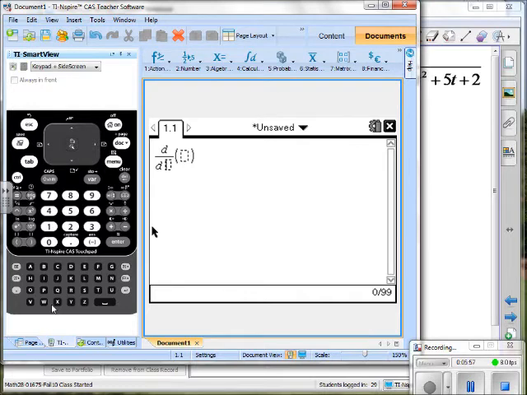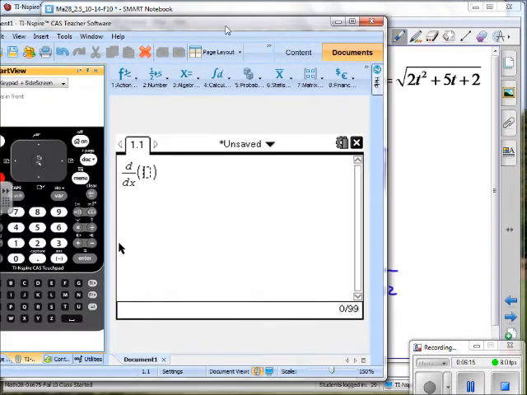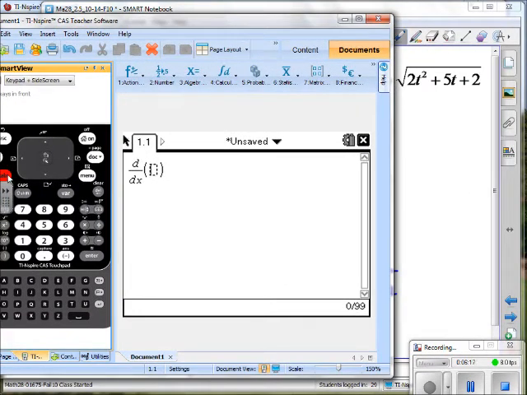What's the first thing you have to put in when you use the Inspire to find a derivative? The variable, the input variable. You have to do that. Now I'm going to put in an X like I had in my mistake. And what was the rest of that? There it is. If I come over here and put in 2t squared plus 5t plus 2,